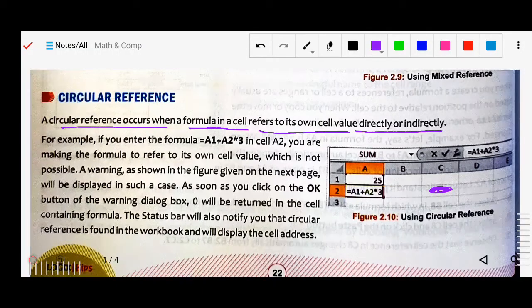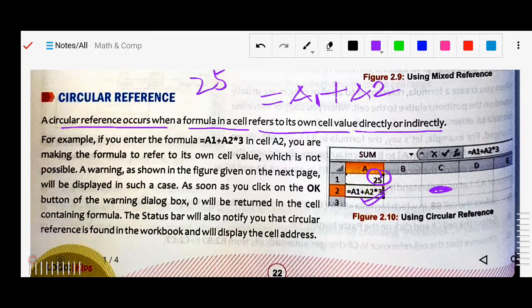Here you can see, in this formula, equals A1. A1 is taking the value 25, so here I am writing 25. Now plus A2. So what is the value of A2?